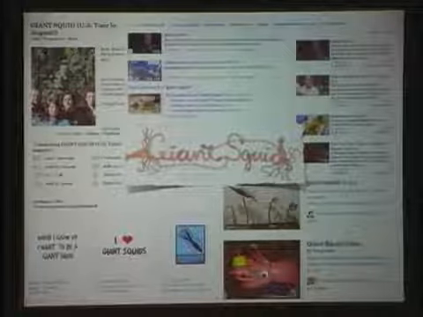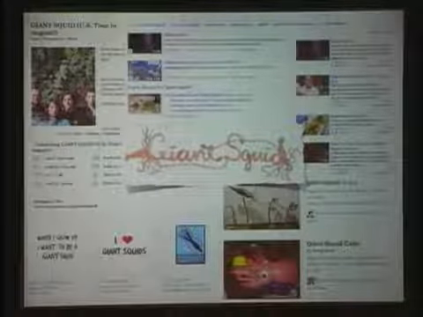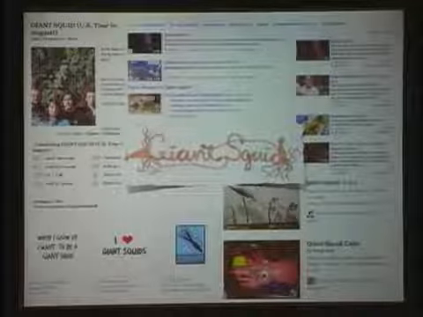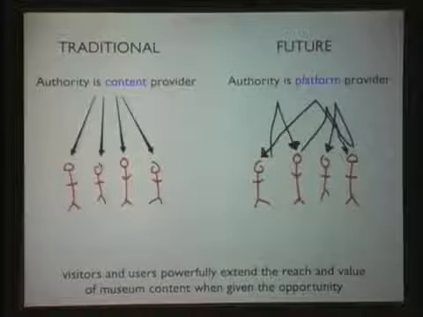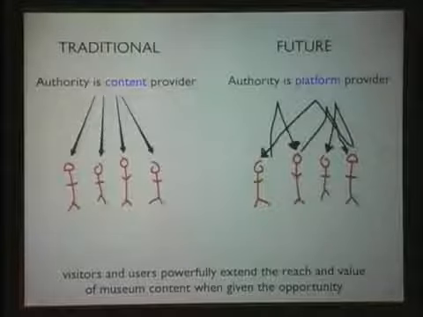And I'm not suggesting that the Smithsonian needs to get in the business of this kind of silliness, but that we need to be thinking about how we're acknowledging, supporting, and encouraging people to connect with each other through this content in their own informal social ways. And so I often use this diagram when thinking about what it means for a museum to be a platform